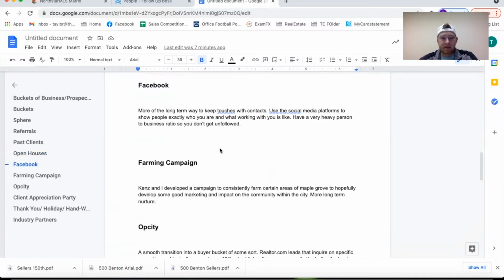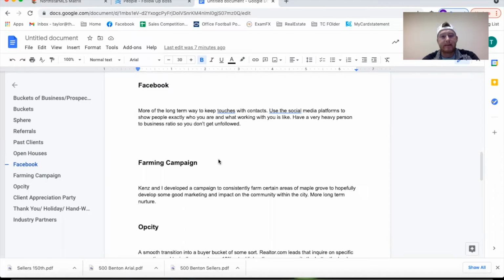The very next piece, guys, is farming. This is where it gets to be a little bit more of a nurture environment, a more long-term strategy, definitely not immediate-results type activities. These would be more of a year out, maybe 6 months at the very earliest, to generate clients. This is more of a branding strategy of getting your name out there and leveraging a specific area that you might want to work in. Maybe you have a lot of clients over there, maybe it's around your house. Maybe you want to farm your current location to drum up business down the road so that people can start to recognize you through your name and as a brand.